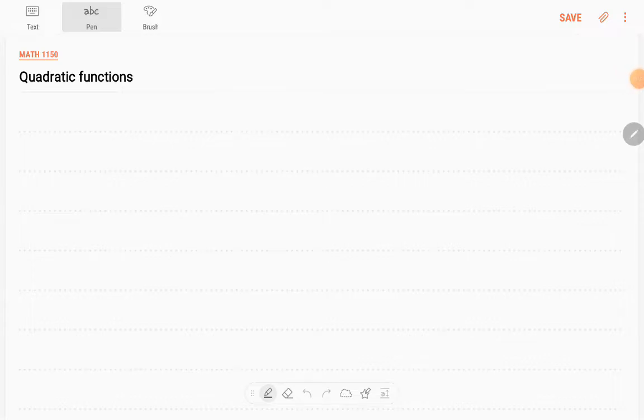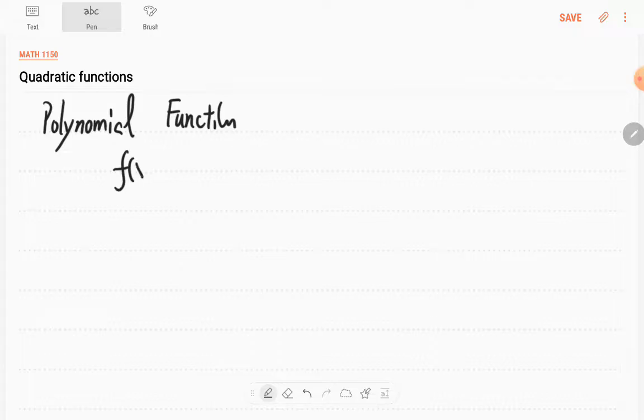Quadratic functions. In this part, we want to study a very special function which is called quadratic functions. Before we study that, let's look at a polynomial function. A polynomial function is given by this form: f of x equals a_n times x to the n plus a_(n-1)